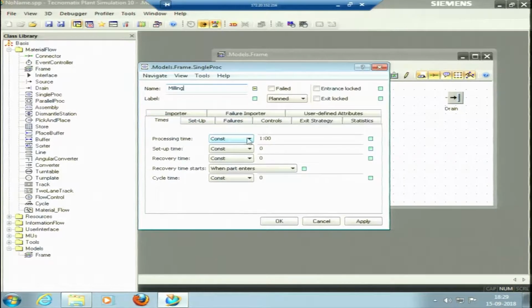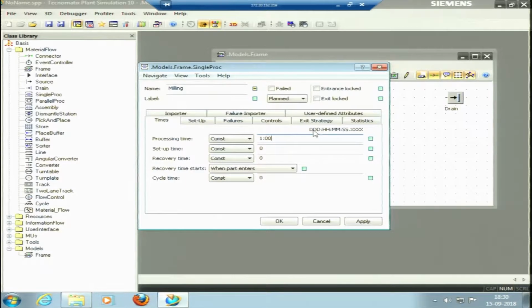So, their processing time is there, and we can select any of the distributions. I will talk about the distributions also, like the probability distributions or the frequency distribution based upon certain past data that a specific flow, a specific kind of process, follows. Okay. The constant means it will just take 1 minute. So, it is 1 minute. The format is kept here as days, hours, minutes, seconds and microseconds. So, this is 1 minute, the default time. If I pick a distribution, uniform distribution, which is also known as rectangular distribution, I will talk about this later, it will ask us to put it in this format: stream, start and stop.